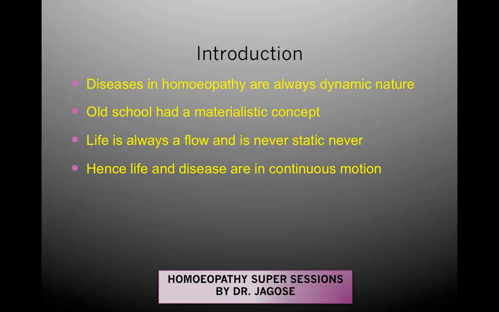That is, they were hunting for what? They were hunting for the materia peccans, or the material cause of the disease. Or they also coined the word prima causa morbi, that is the primary cause of the morbid disease. Or they coined another word, causa morbicum chronicorium, that is the cause of the morbid chronic disease. So they always believed in finding out the material cause of the disease. They never looked beyond the material cause, that is, into the dynamic aspect in which homeopathy firmly believes.